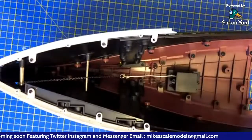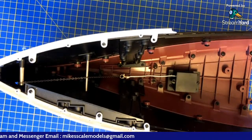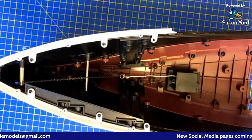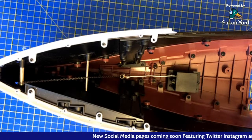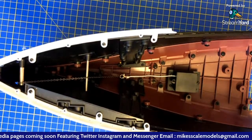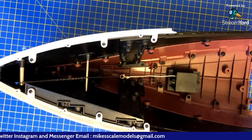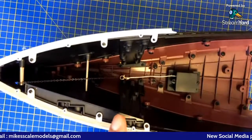But that's not all, because I've just remembered I've skipped a step. Just bear with me. Let me see where it was. I saw a stage where we had to screw. I'm sure they told us to screw that part in there. I saw that on the issue. I don't know where that was then. But anyway, I could have sworn we got told to screw it in there,